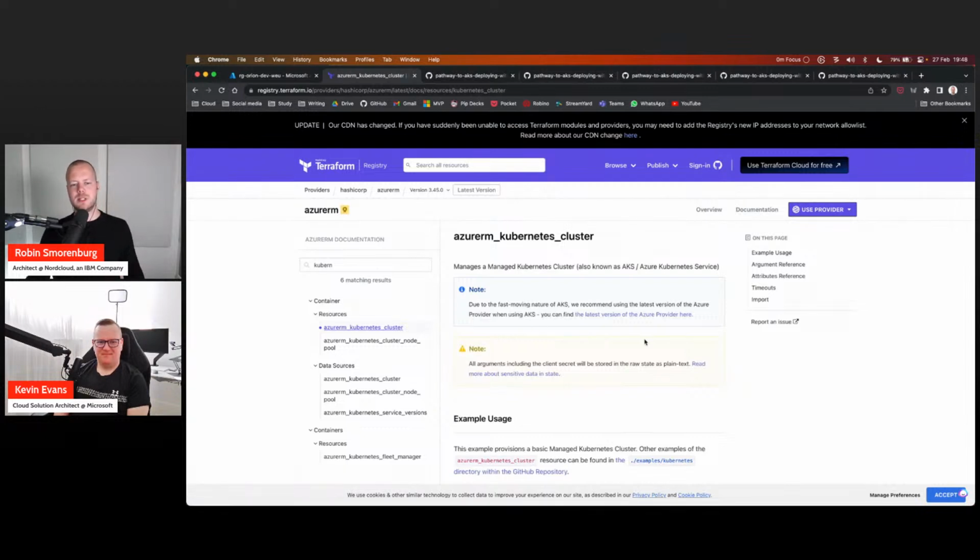For example, the Kubernetes cluster, if you go to the portal and look at it, you can easily look over certain configuration items. And it happened to me in the past that when I went through the resource in the Terraform documentation,